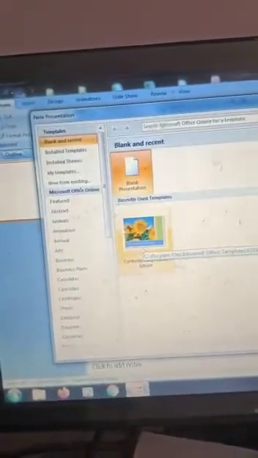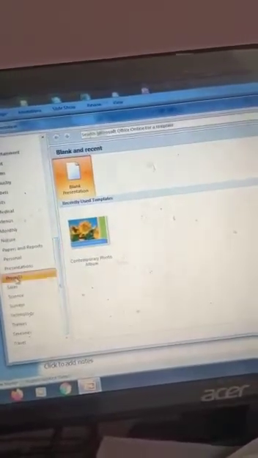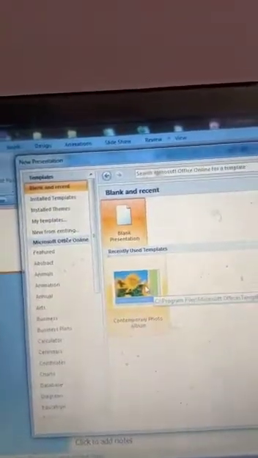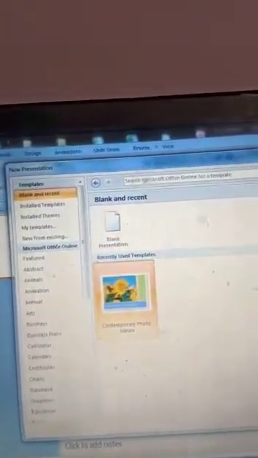Then you have to click on the available templates and themes. So this is the available templates and themes. Through this you can select, look here, various types of options are available for which type of presentation theme you want. Then you have to select it, click here and then go to the Create button.